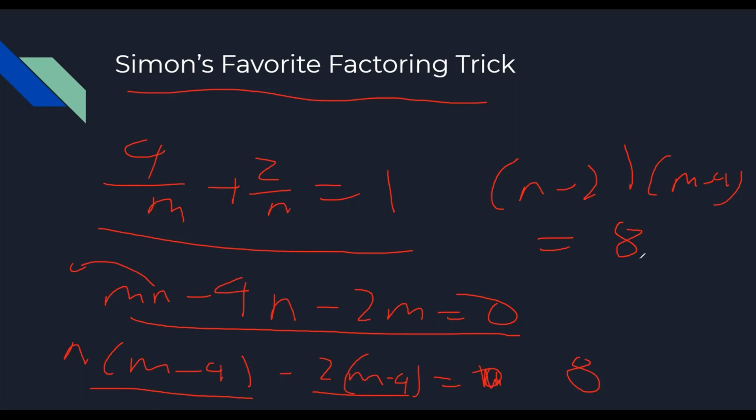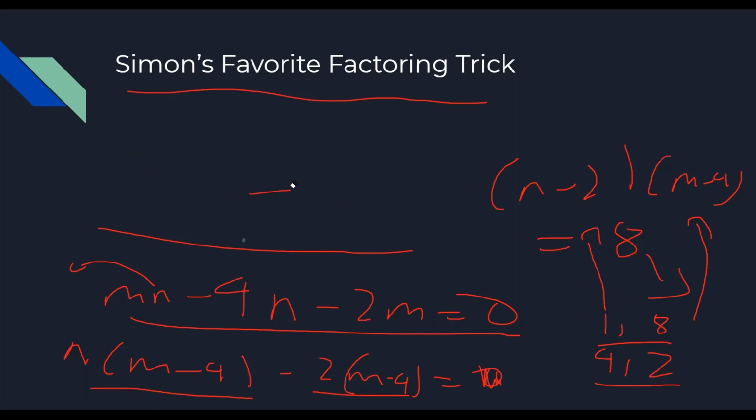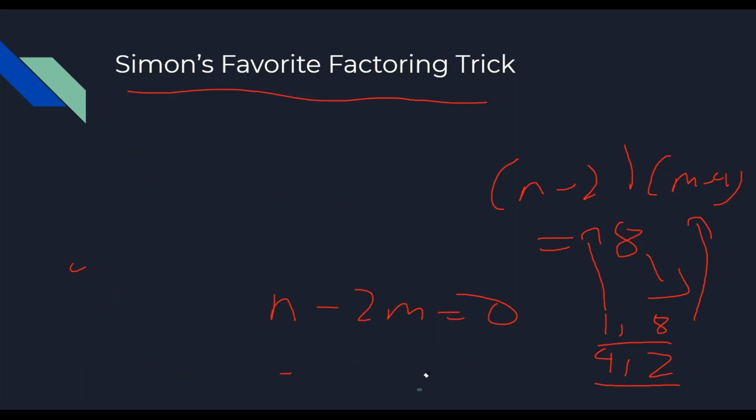Now, just setting this as positive integers, the solutions to this are 1, 8, and 2, 4. Actually, never mind. Negative 1, 8 isn't possible. And these are the only pairs that are possible from this configuration. So if we put them in and switch it around, we get that the final answers are 3, 12,